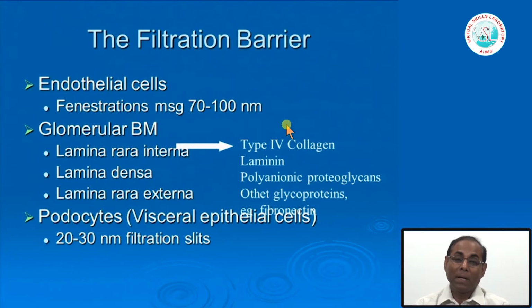The glomerular basement membrane, what I described as three layers, is the appearance under electron microscope. But you will ask me what is the composition, what does the glomerular basement membrane consist of? There is type 4 collagen, which is a fibrous protein. You know, collagen is everywhere in the body, and then it has to be glued by other extracellular matrix proteins. The more important components are laminin, polyanionic proteoglycan and other glycoproteins. So the main fibrous protein is type 4 collagen, along with glue-like substances of extracellular matrix protein.